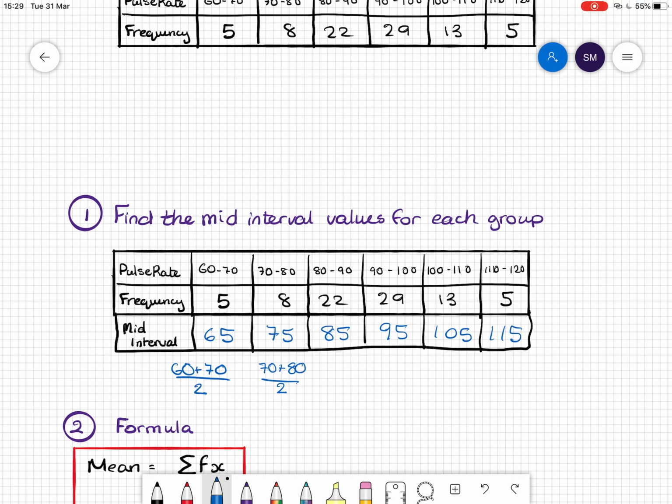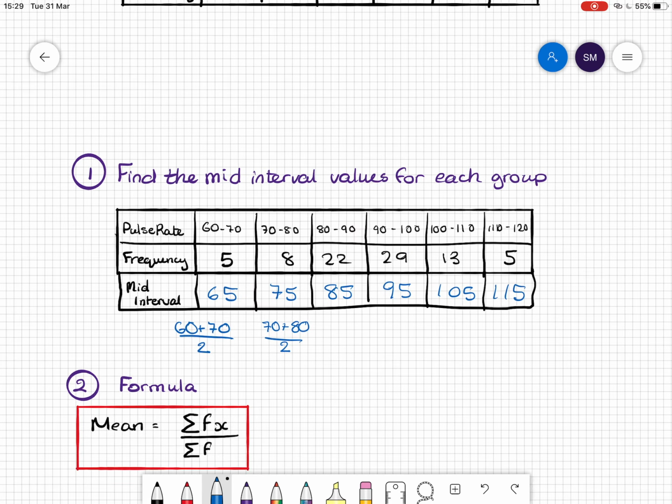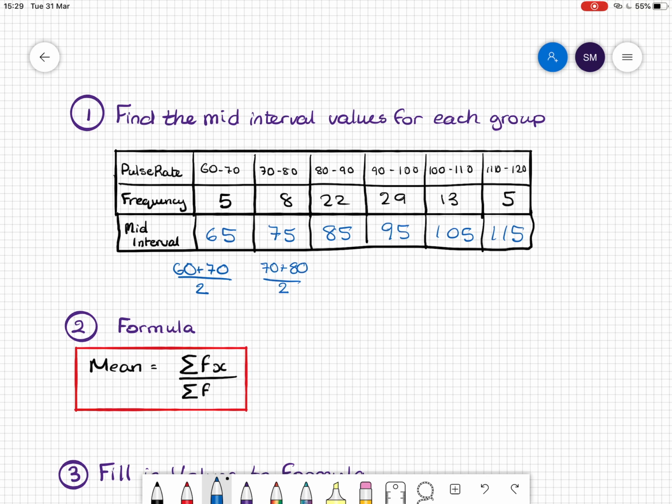Okay, so once we have the mid-interval values from that, we can then use our mean formula. Now, the mean formula for using a mid-interval value is slightly different. So we have the sum of the frequency times x, divided by the sum of the frequencies. So this curly E is the sum of